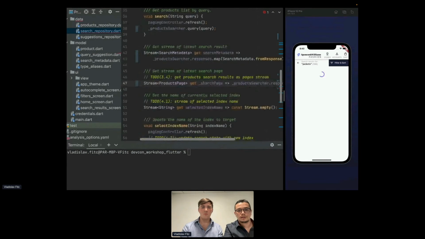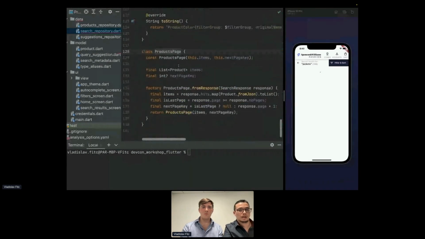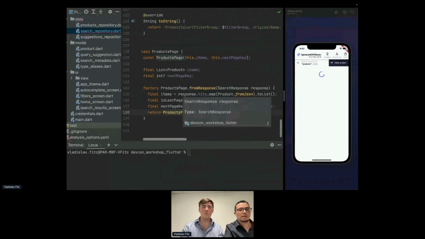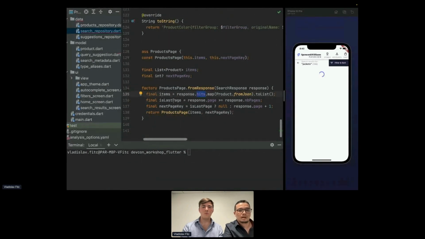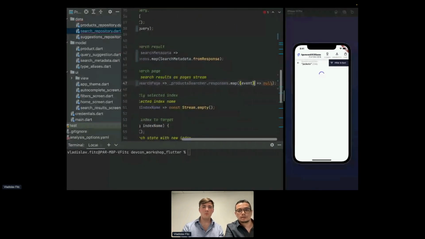for this class, we actually again prepared a utility factory method for it, so we can just get our products page. This one simply gets the list of the hits from the response, and then checks if we are at the last page. If yes, we don't request the next page. If not, we just stop there. So we will just use that. All right, we will use it here,